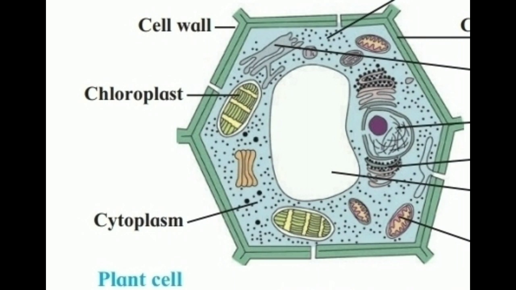The cytosol stores vital substances like amino acids, glucose, vitamins, etc. I already explained what is meant by cytosol: the part of cytoplasm other than organelles. In animal cells, cytoplasm is more granular and dense, while in plant cells it is thin, mostly pushed to the periphery or sides due to the larger central vacuole. See here, it is pushed towards the sides.